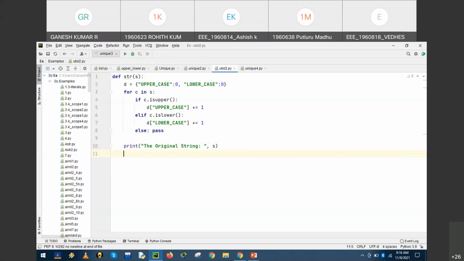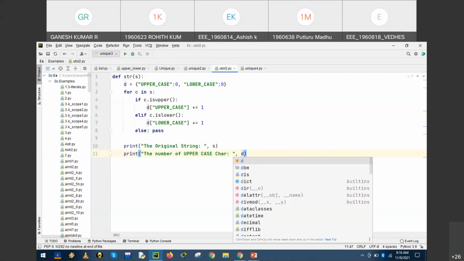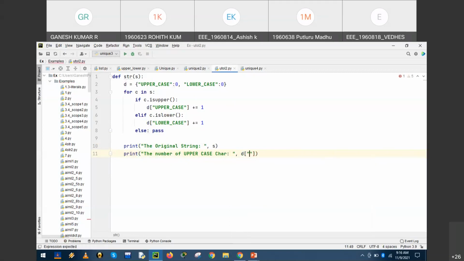Fine. Print the number of uppercase characters. Uppercase characters we need to display, which is nothing but the dictionary value, D of uppercase, right?